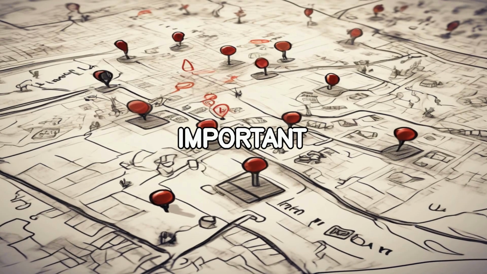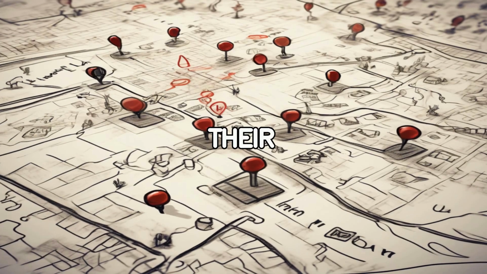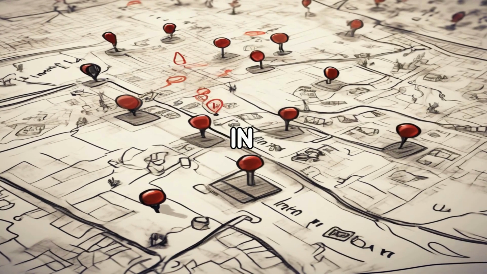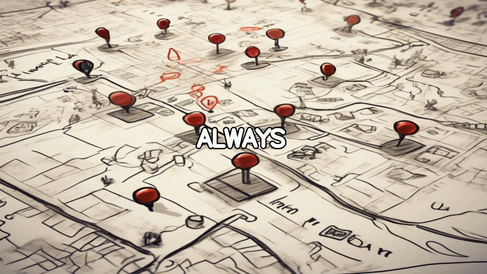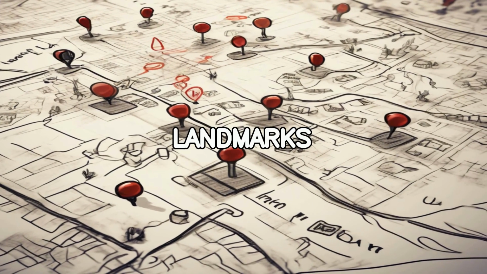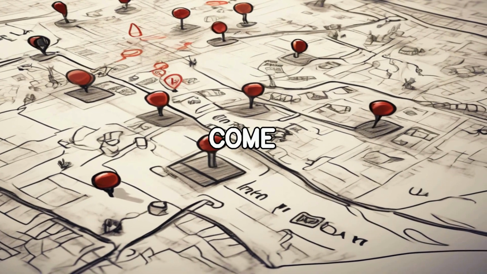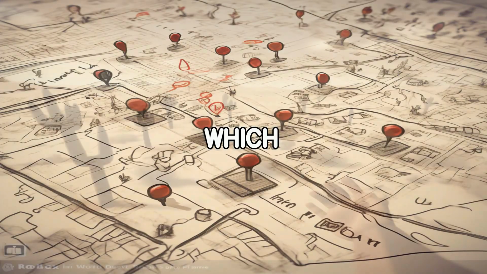And one of the most important things to bring is a map. Even the hardiest explorer can lose their way when visibility drops to zero in a sandstorm. I've learned to always hand-draw my route before setting out, including prominent landmarks to navigate by. Maps have saved me more than once when the winds have come howling in, which brings me to my next